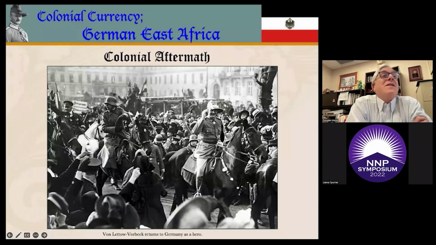He had arrived at the dock at Dar es Salaam, and as he got off the ship and walked towards the shore, he noticed a large number of older Africans, and he spoke to them in Swahili, and they recognized who he was, and they put him on his shoulders and carried him off through the town, leaving the British authorities a little dumbstruck as far as what to do next.